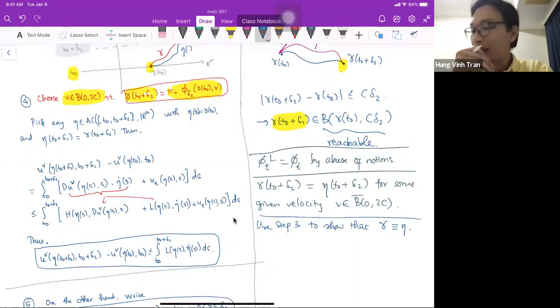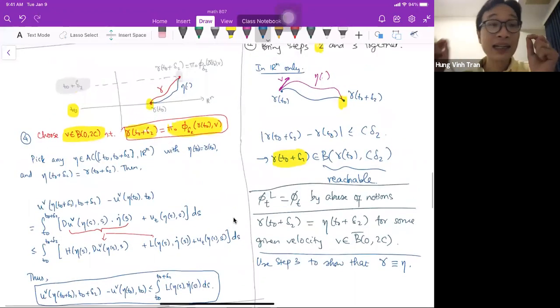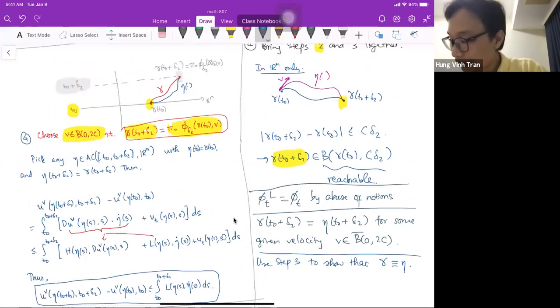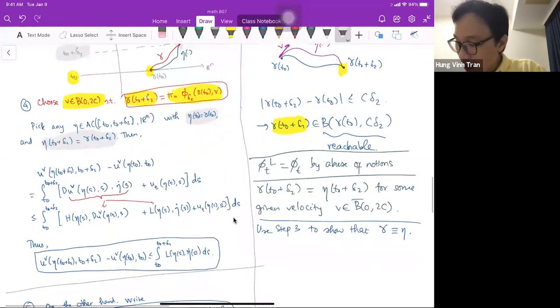Okay. And why so? Because you can see that here we encounter exactly a minimizing problem, right? Because we have the same two endpoints now, gamma t naught and gamma t naught plus delta 2. So exactly the same two endpoints. That's exactly what I wrote down here. We have the same endpoints. So now how do we handle this thing? Okay, so on the one hand,